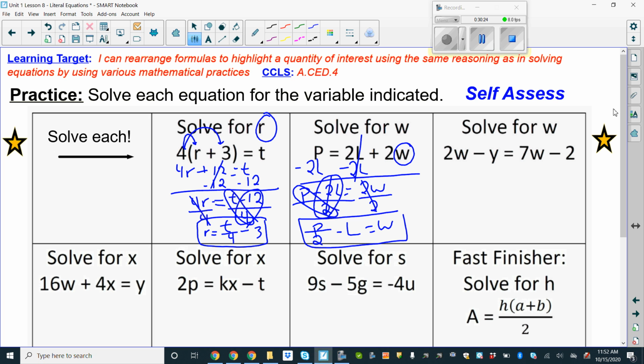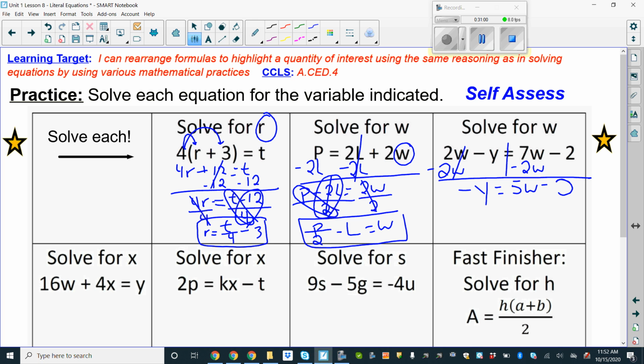Over here, we have to solve for W. We haven't seen anything like this yet, but again, if we have a W on each side of the equal sign, the goal is to get them together first, okay? Because we should never have two of the same variables within the equation. So we like to bring the smaller over to the larger, and we always need to use the inverse operation. So this is a positive 2W, so we need to minus 2W. And then we minus 2W from 7W to get them together. And we're left with negative y equals